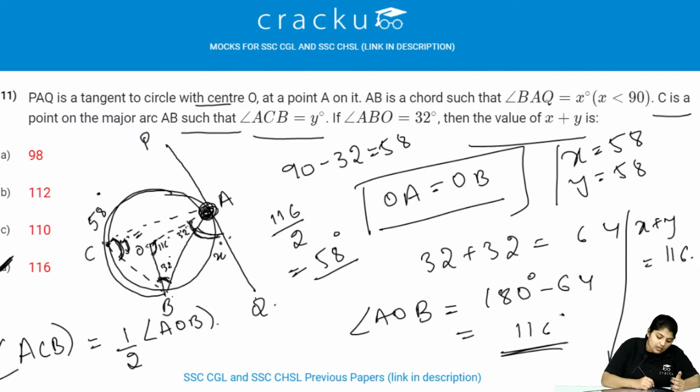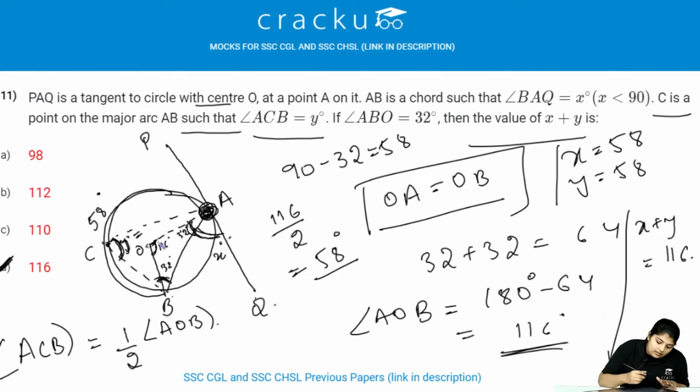This is the answer. This is the easiest question when we know, when we have to think in the examination, that OB is equal to OA, therefore this is 32 and this is 32. This is the key point in this question. As I have said, in any type of question in SSC examinations, you will have only one key point there. If you find that, you can solve the question even if it is difficult.